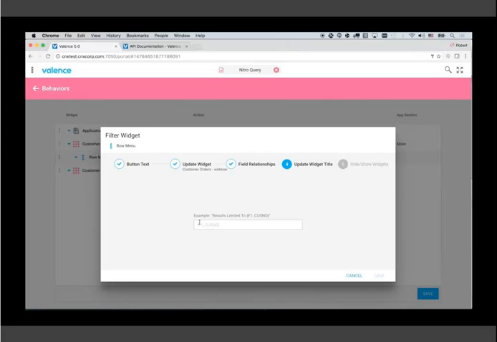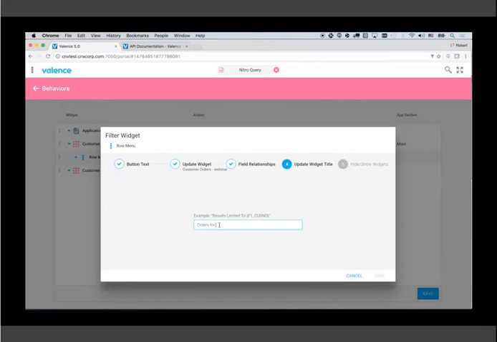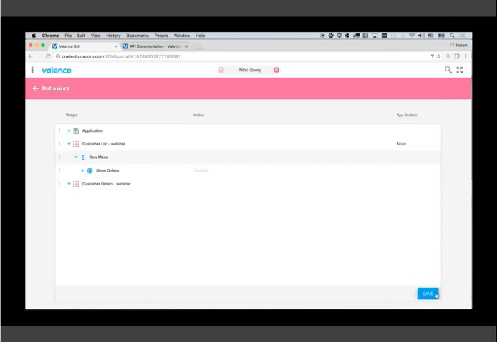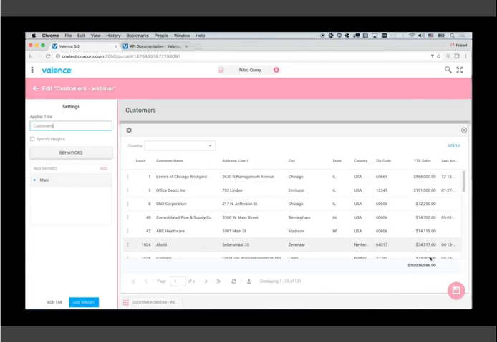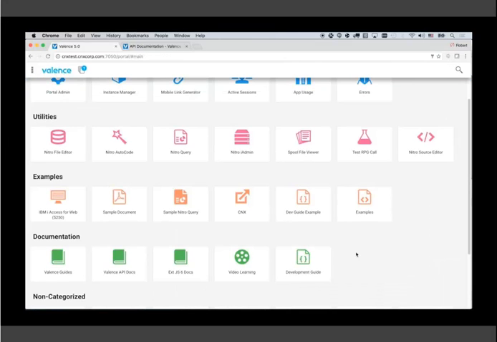The title of the widget will change to, let's see, orders for, and I can put any combination of field names in here as a substitute value. So if I go back here, I can see I could use CNAME. That sounds like a good one to get the customer name. Okay, and then that's really all I need to do. So I'll save that, and I'll save that. Save the query. So now if we go back and launch it,